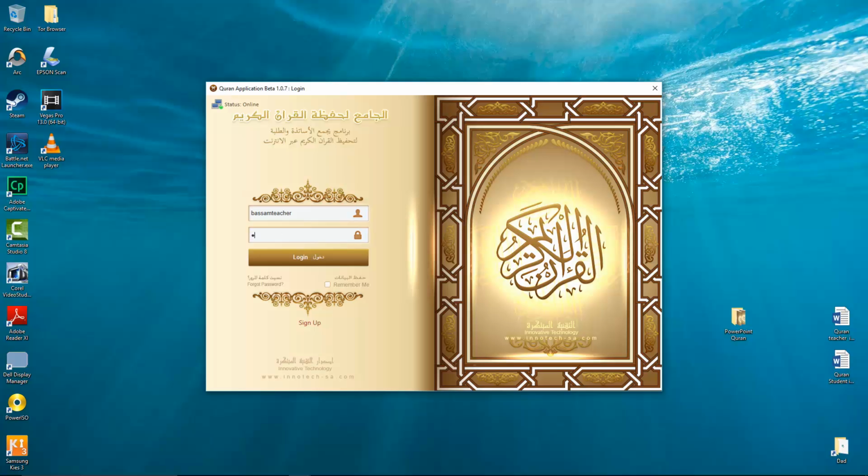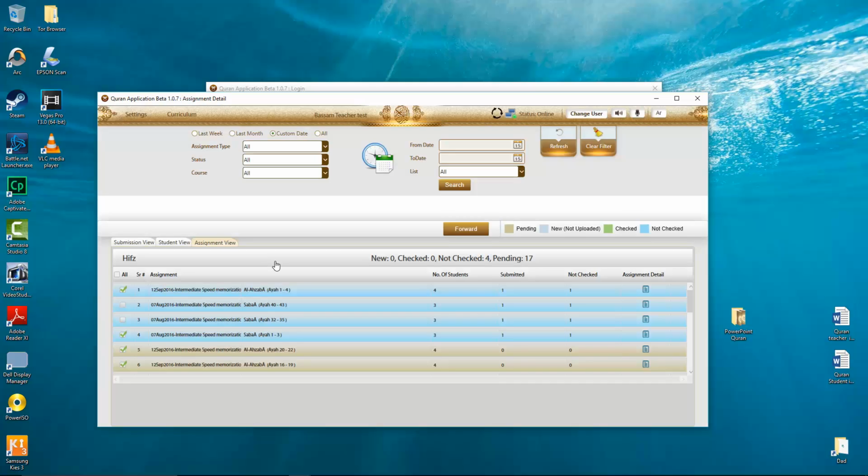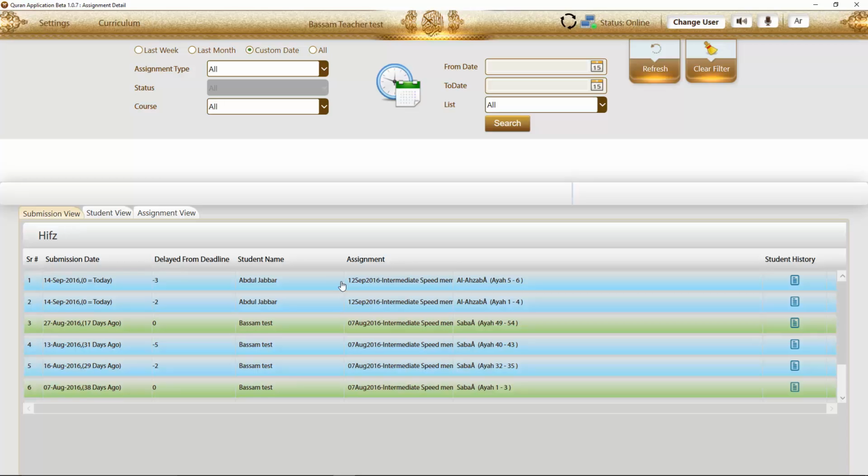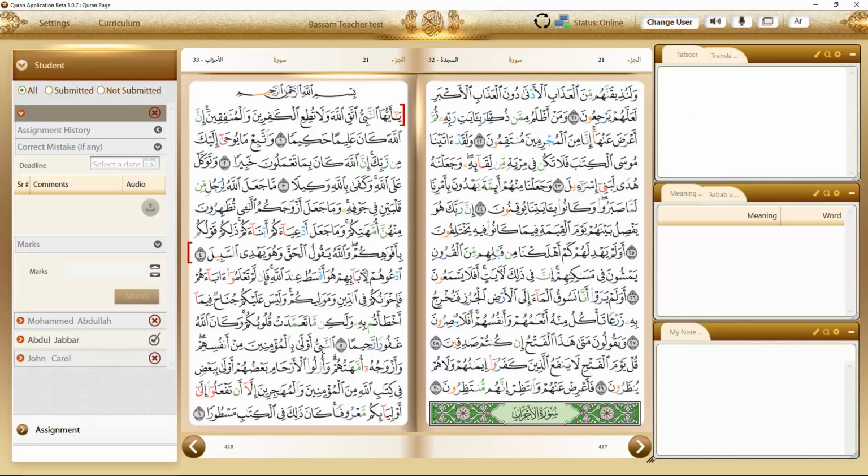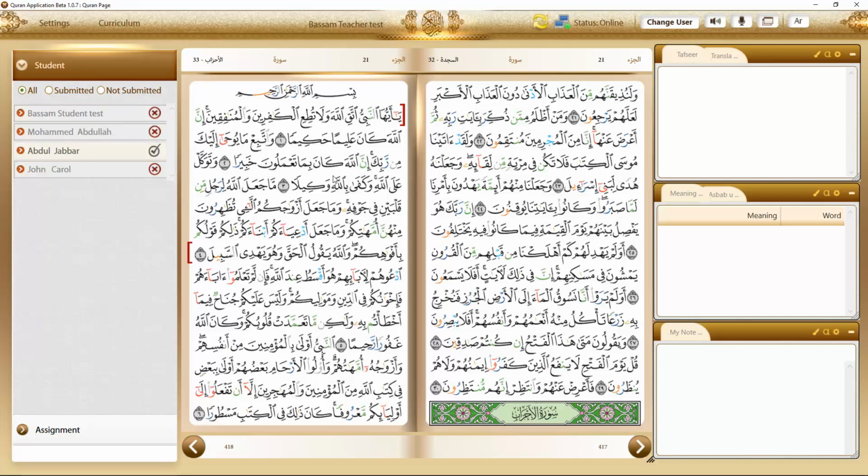If we log in as a teacher, the teacher would now realize that his student, that young student, has uploaded his assignment. The last assignment being submitted is this one. Let's go for this one, for example, and that will take us to the Quran page and show us the assignment on that page. That brings us to the assignment of Surah Al-Ahzab, shows us the first assignment, and now